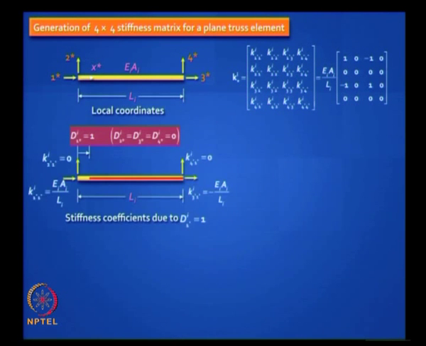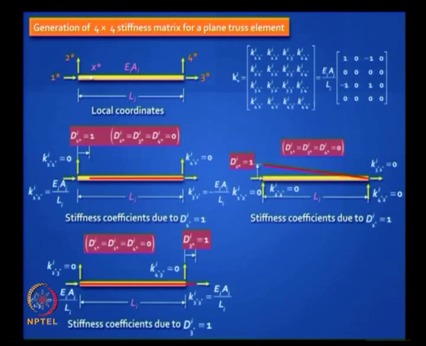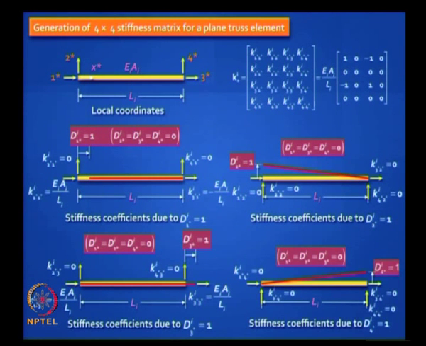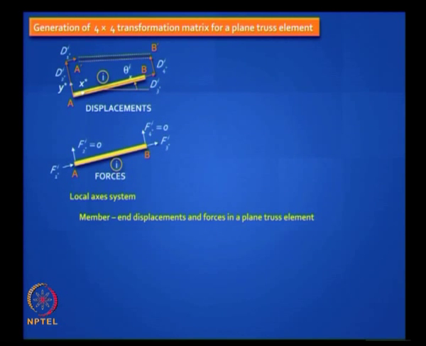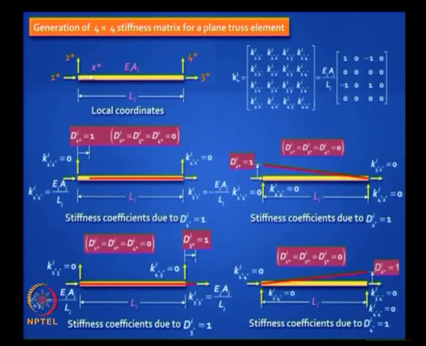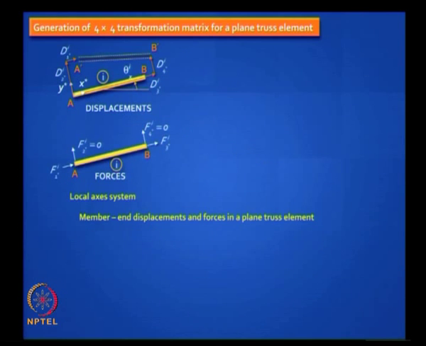You know the stiffness matrix, and I think we did this in the last session. Any question on this? This is clear. But let us refresh our memory on the transformation matrix. You have a 4 by 4 stiffness matrix. In that stiffness matrix, remember there were 0 columns and 0 rows. The second and fourth rows and columns were 0 because they correspond to the shear forces. They are rigid body displacements.